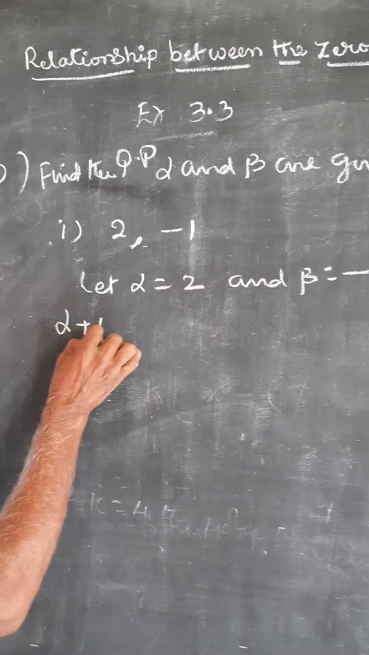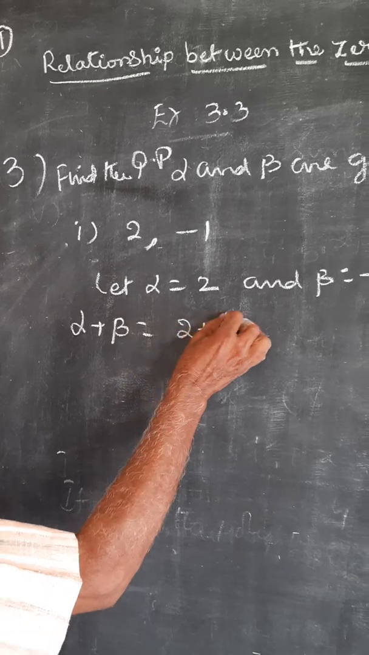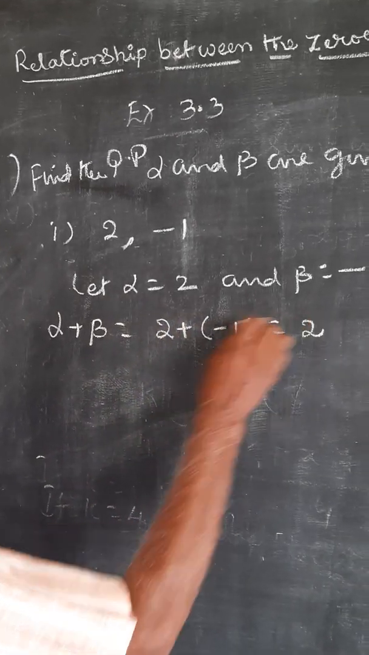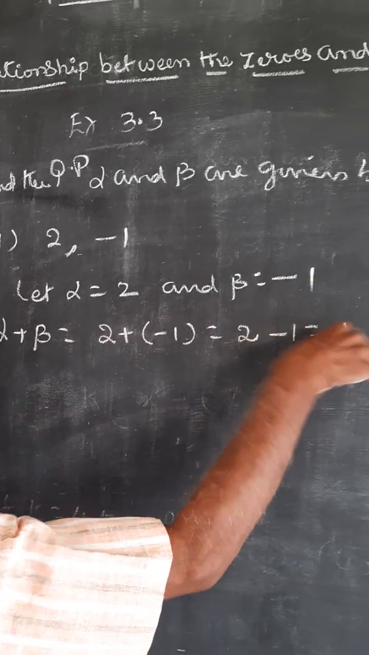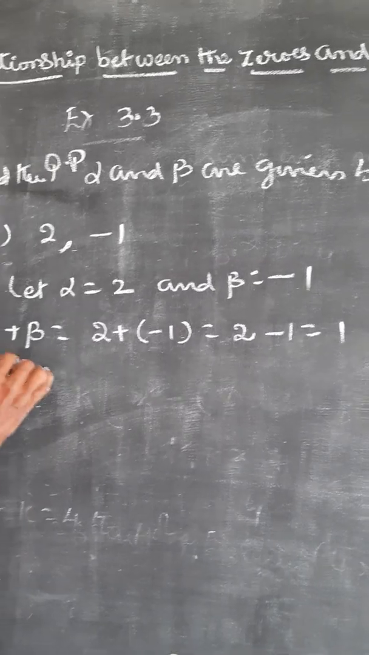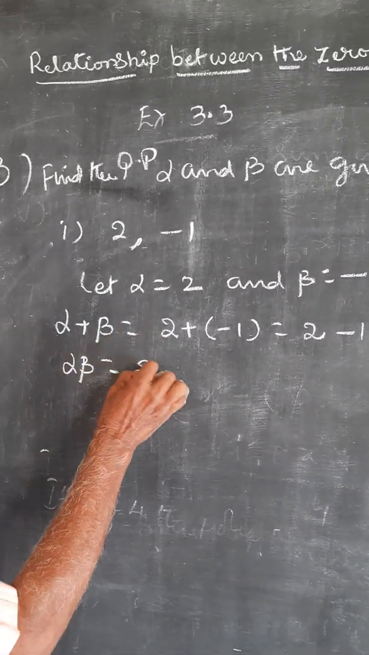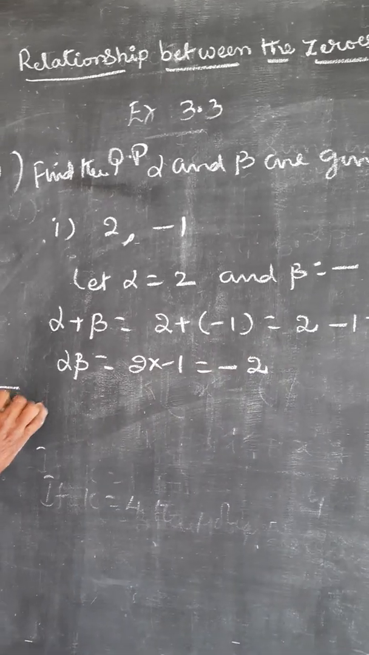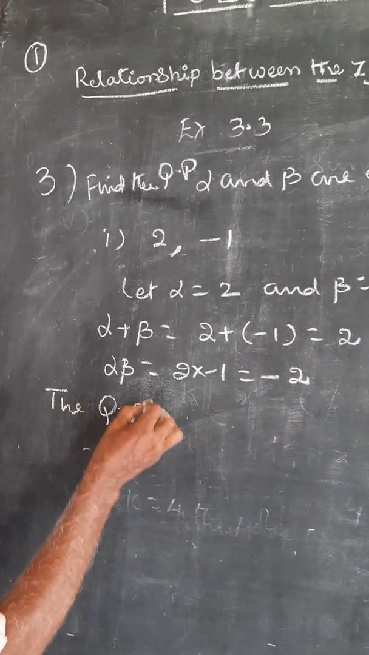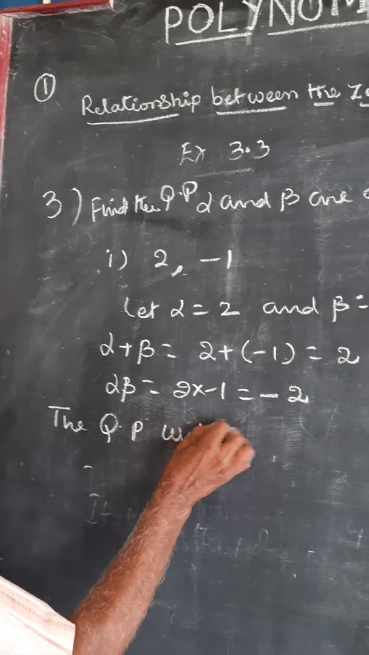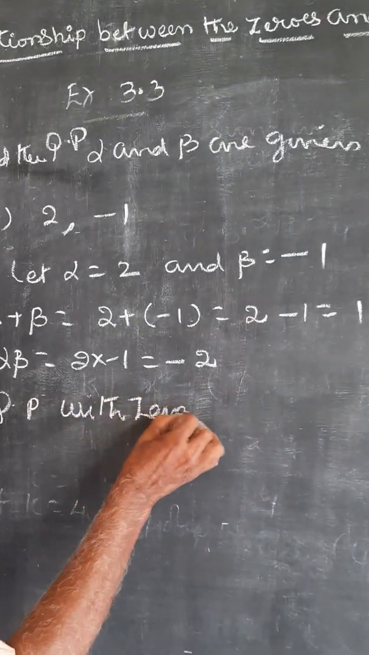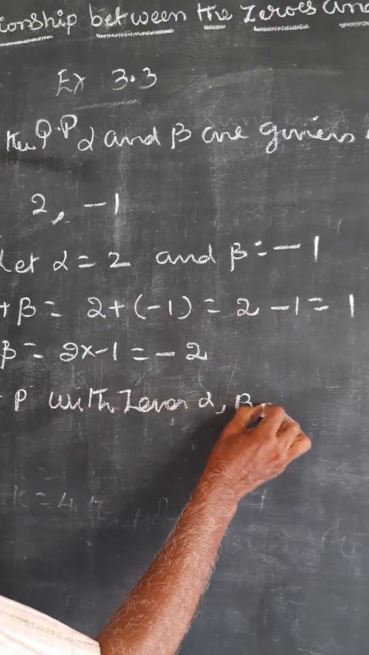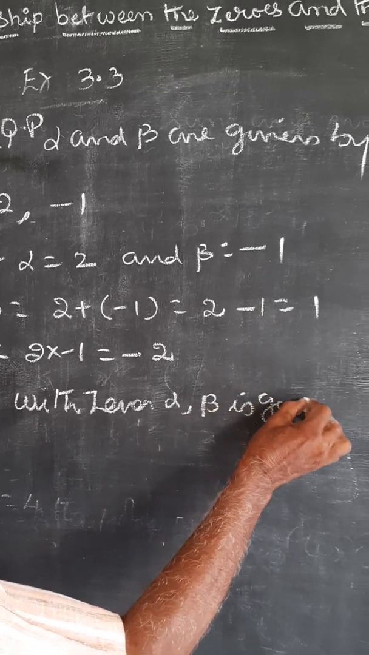Find the sum of the zeros, alpha plus beta: 2 plus minus 1, that is equal to 2 minus 1, which is 1. Product of the zeros, alpha beta: 2 into minus 1, minus 2 ones are 2, so minus 2. The quadratic polynomial with zeros alpha comma beta is given by